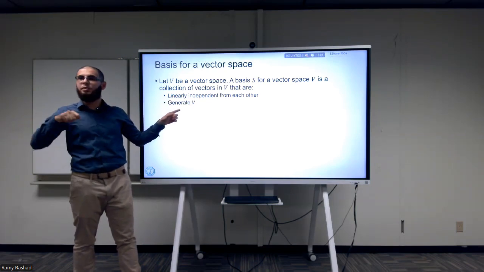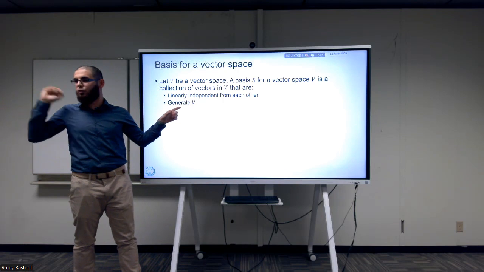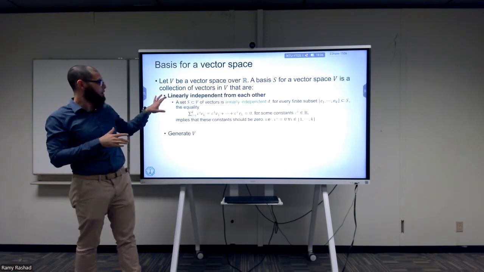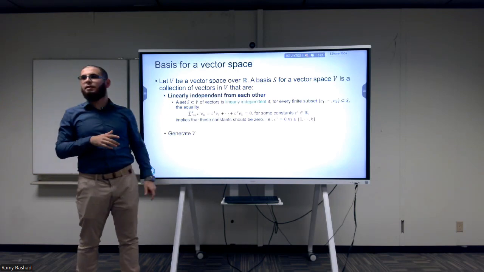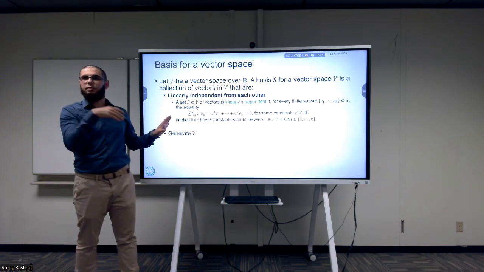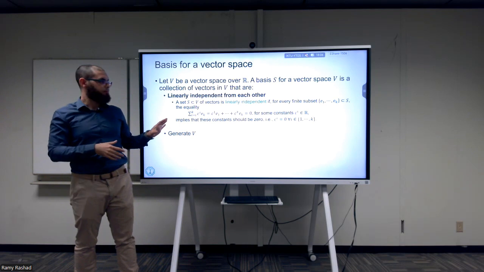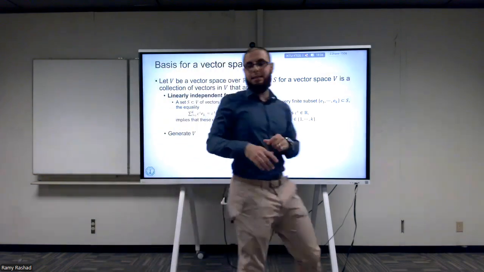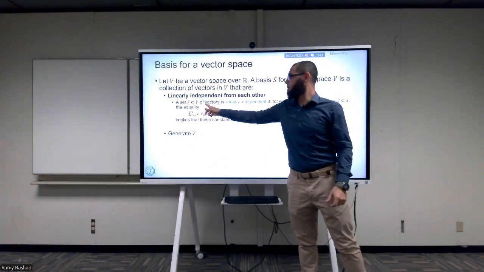The second one, they should be generating the same vector space we took them from. What does this mean? The first condition, linear independence, means the following. This is the formal definition, but you know them again in another way. A set S, which is a subset of V,